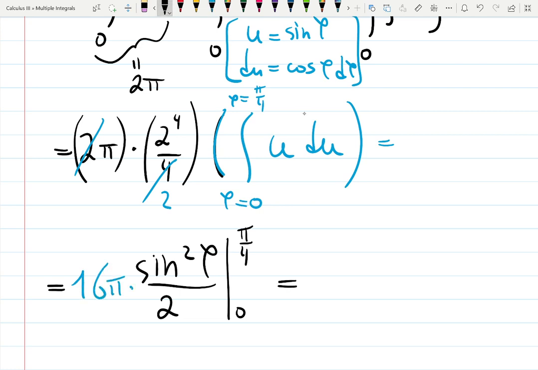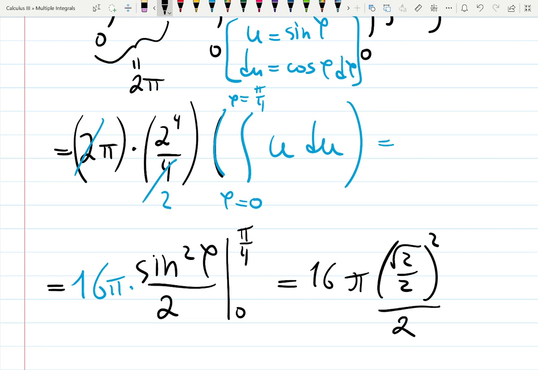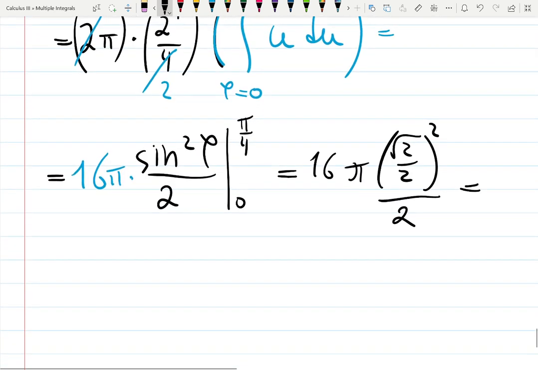And finally, the answer will be 16 pi. Sine of pi over 4 is square root of 2 over 2, squared, over 2 again. And all of this is simplified into